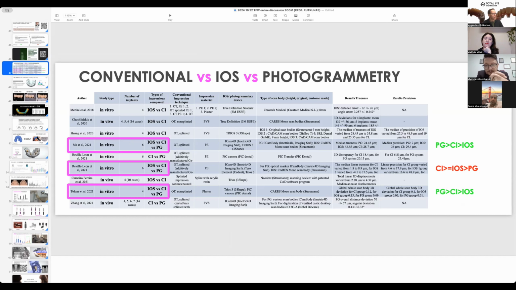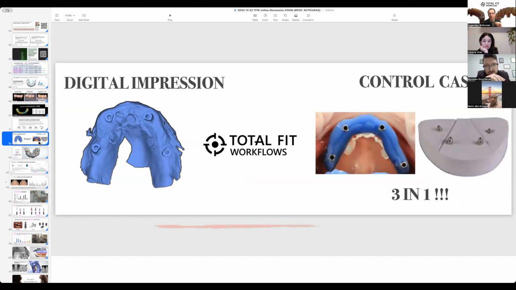But the biggest challenge is that you have these positions registered in the digital world, and you don't have any physical model, any analog thing, because at some point in your workflow, you will still need to go back to reality. So the technique that I'm using, and actually a lot of clinicians now are using, is the control cast technique.